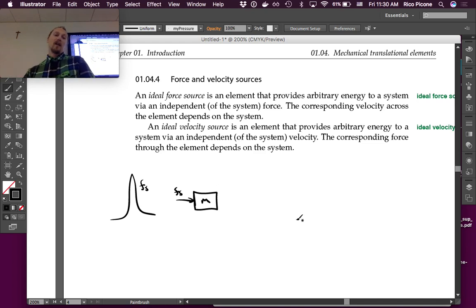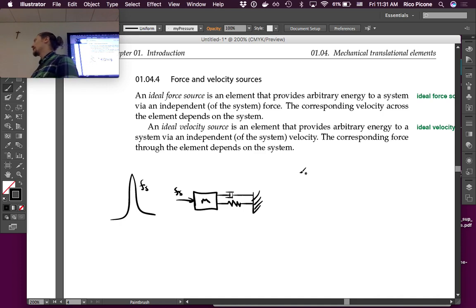And maybe this is impacting something that has some ability to compress. So you could maybe model it as a spring in there, connected to ground, and then maybe also it doesn't spring back fully. Maybe it dissipates some energy, turning it into heat. So maybe we'll also put in a little damper in there too. And you've got yourself a nice little mechanical system to work with.